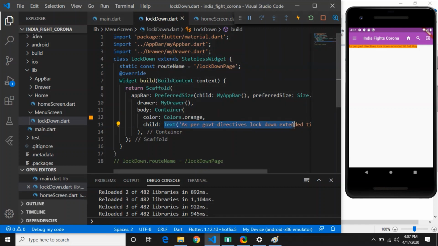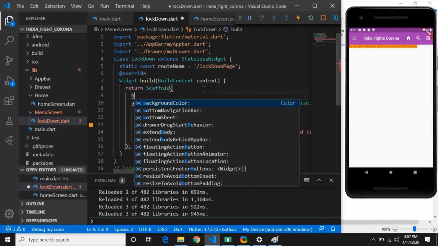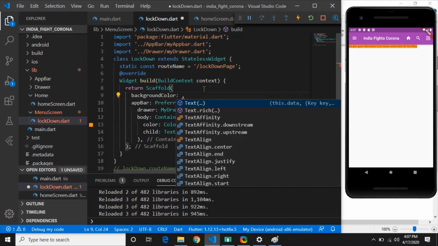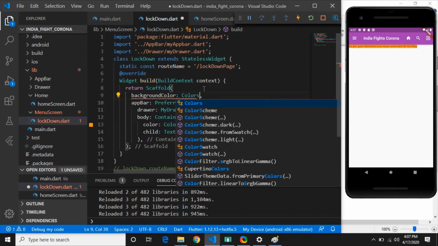Please remember this kind of thing. If you want your entire background to be orange, you can have the backgroundColor option in Scaffold. I purposefully added the background color through Container. You can add the background color from here also, Colors.orange, let's say, and you can have the entire orange color.